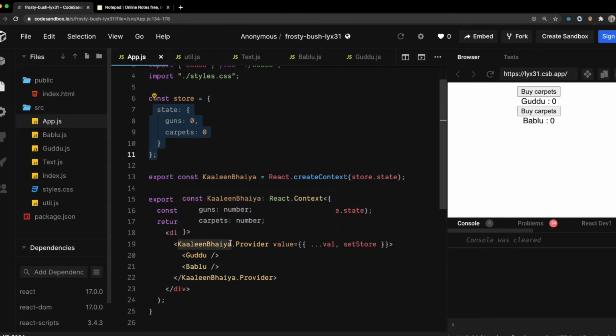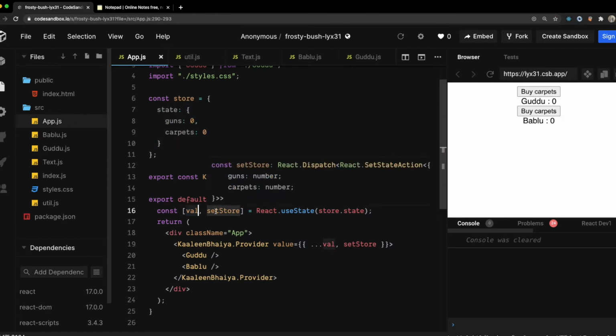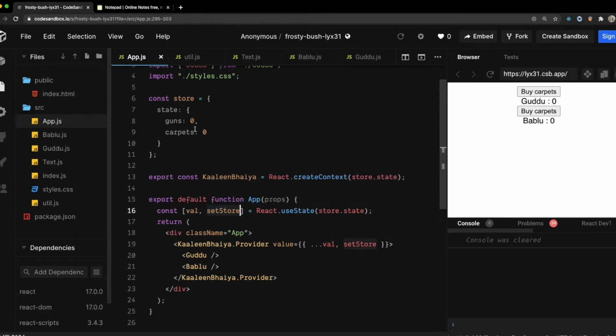So this is a very interesting example. I don't know how it came to my mind, but I think so. This provider is going to provide a value. What is this value? It is just store.state. I've kept a local state mapping to this. So I have a value, and I have a function to change the whole state of the provider.